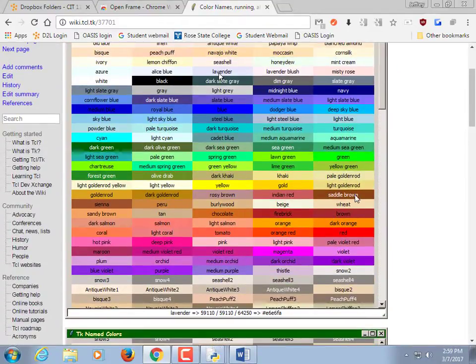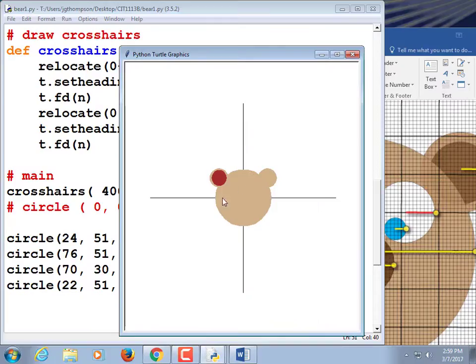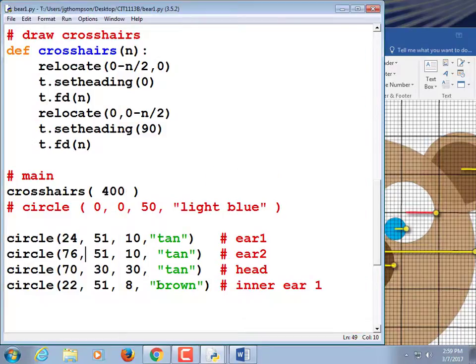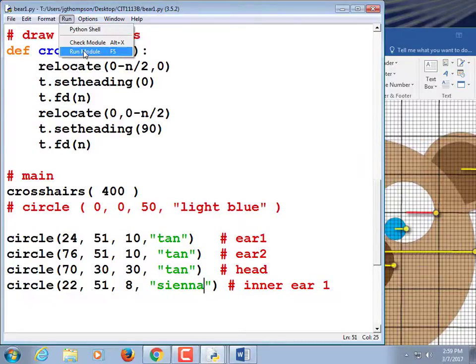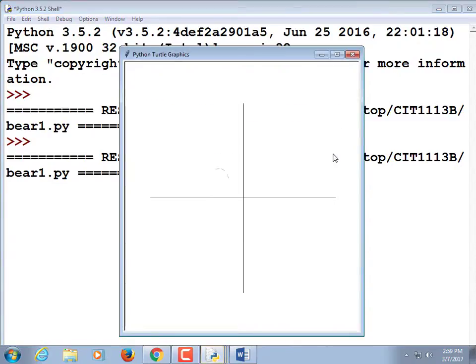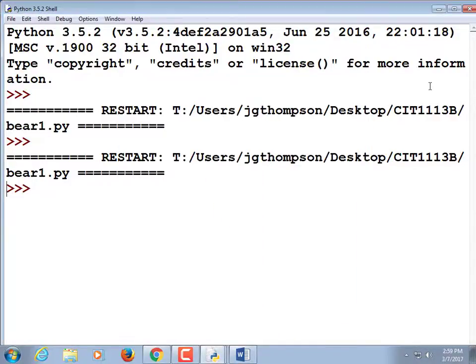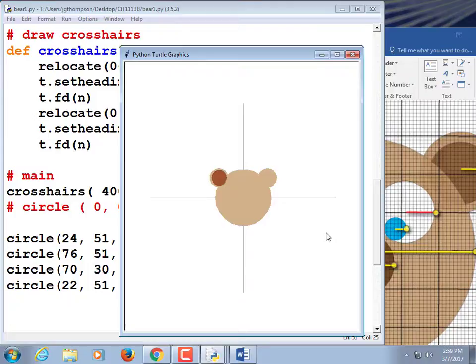Saddle brown looks kind of good. Sienna is the one that I actually wind up going for, which is spelled with 2 N's. So I'm going to erase this word brown and change it to Sienna, S-I-E-N-N-A, and that's my inner ear. If you're making a green bear with pink ears, that's totally cool. Anyways,